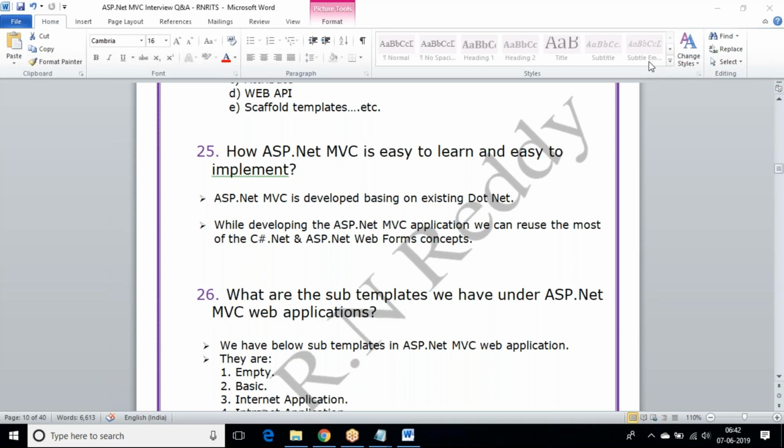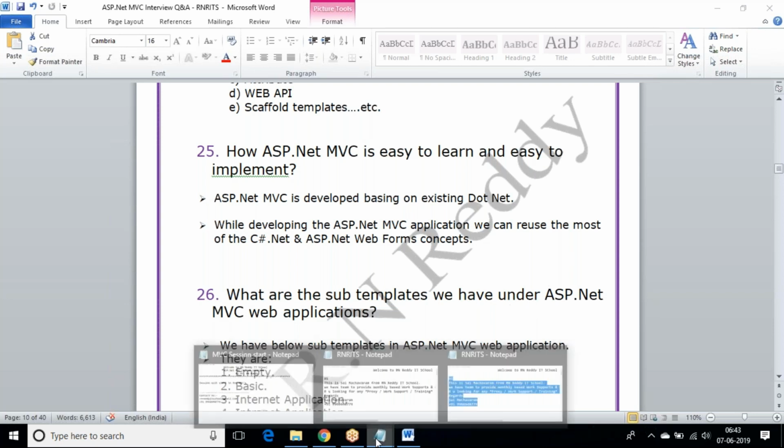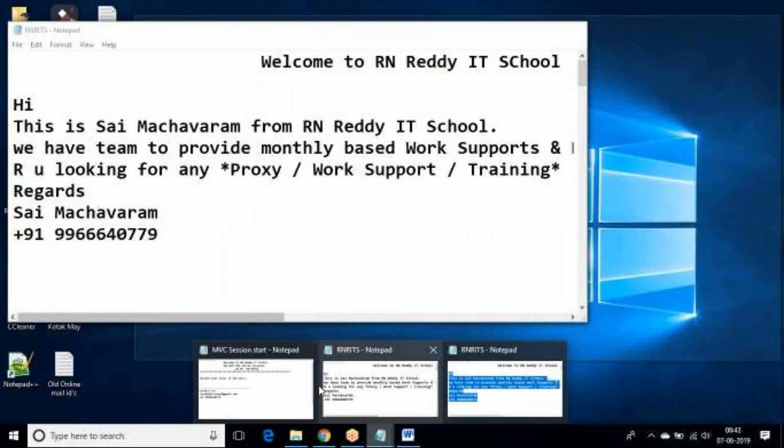Next task. Send all these photocopies, whatever you have written, take a photo and send them to Sai. He will share a mail with you. Sai, you create one email ID. Anyhow, better to use the same mail ID, Sai.